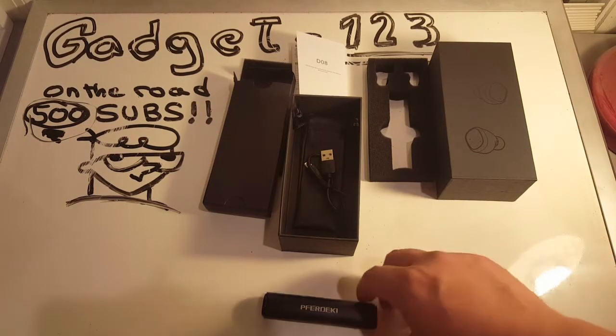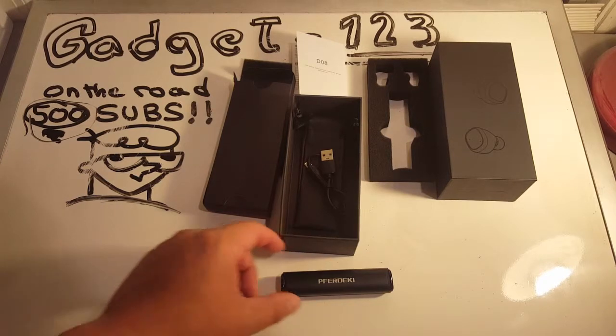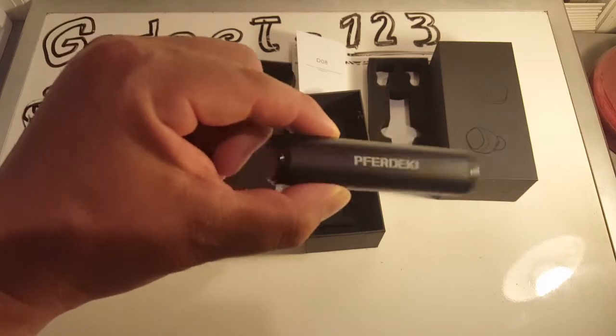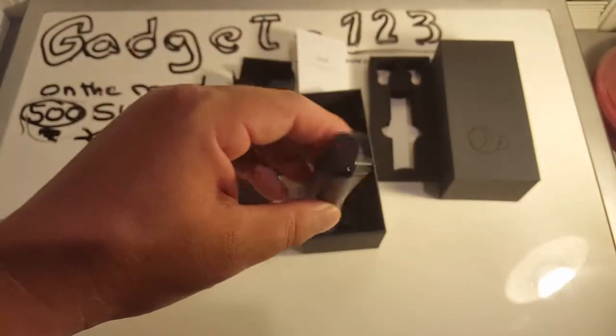Definitely good quality sound overall. Not going to say it's the best sound I heard, but for the price range of $39.99, it is very, very good. So again, this was the